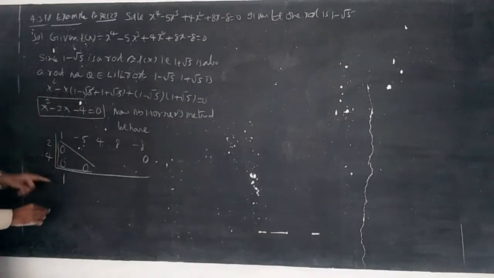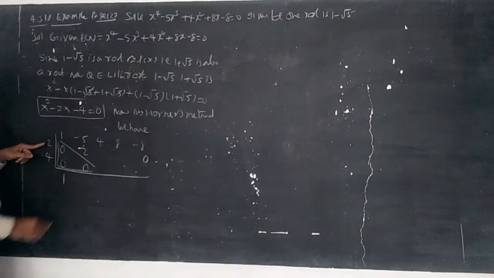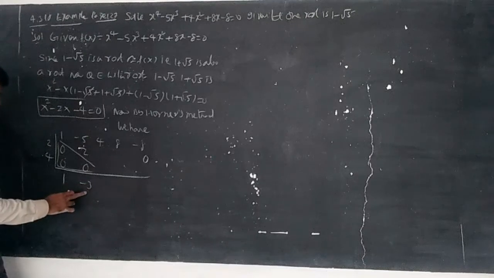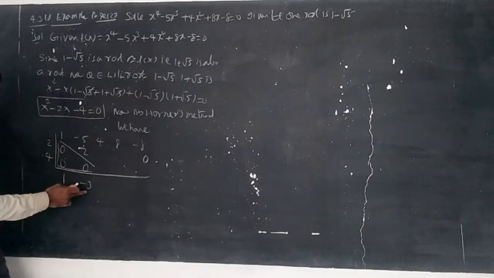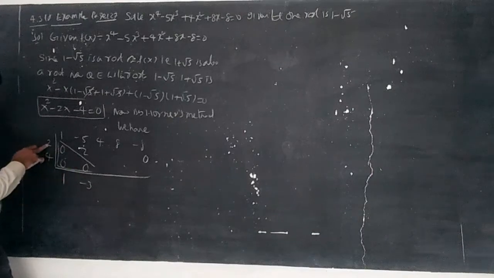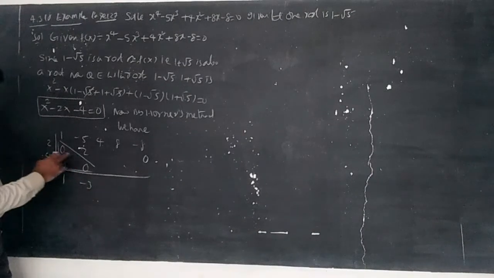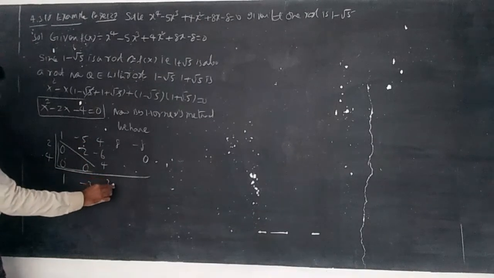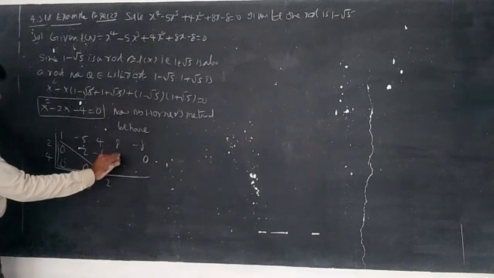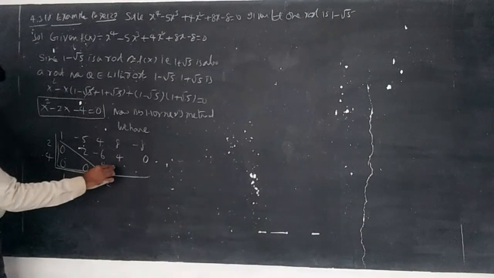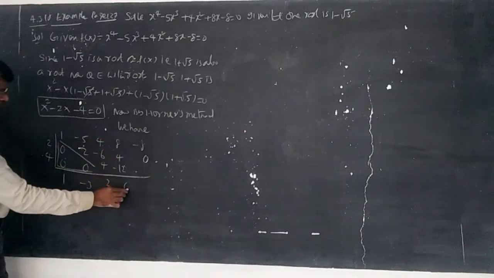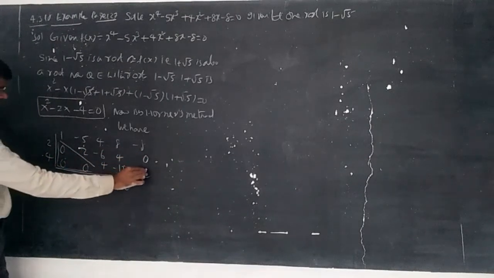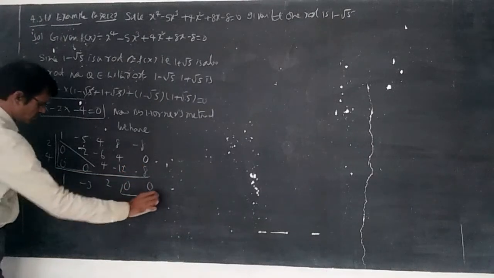Here 1, this is add. This 1 should be multiplied with this 2, 1 into 2, and add to this one: minus 5 plus 2 becomes minus 3. This minus 3 should be multiplied with the first one. This is new; the new one is always multiplied with the first one, and the old one with the second one. Minus 3 into 2 is minus 6, and 1 into 4 is 4. 4 plus 4 is 8, 8 minus 6 is 2. This 2 into 2 becomes 4, and minus 3 into 4 is minus 12. 8 plus 4 is 12, 12 minus 12 is 0. Of course this is 0. Now this 2 should multiply with 4, it is 8. 8 minus 8 is 0, okay, 0.